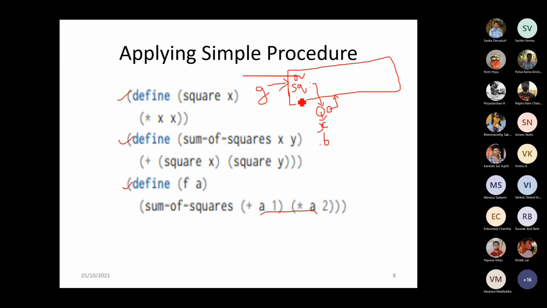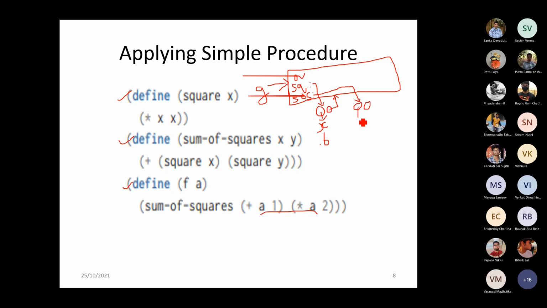Next, we have the sum of squares, SOS. This is also a procedure. So you will be having two pointers: one pointer maintaining the details of that particular procedure, and the other pointer helping us retrieve if there is any dependency with respect to any other frames.